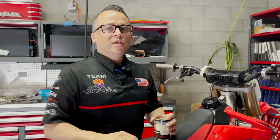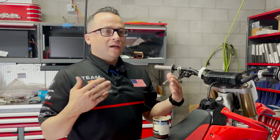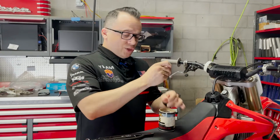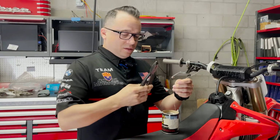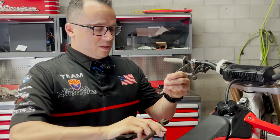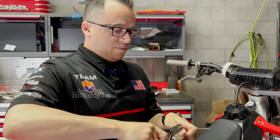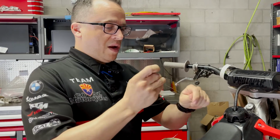Again, you can use a lot of different things to accomplish this. Fingers, regular slip joint pliers. I really like the safety wire pliers because it makes the job a lot easier. You're just going to pull out a small portion. We're going to cut off a bit of it. Once we have about as much as we need,